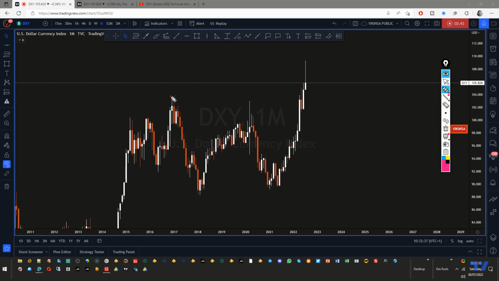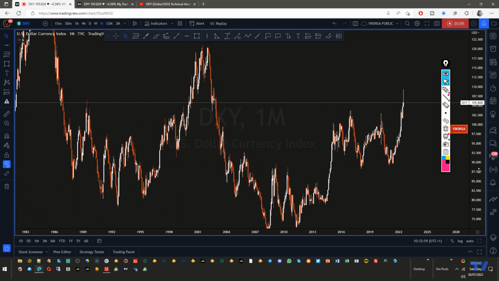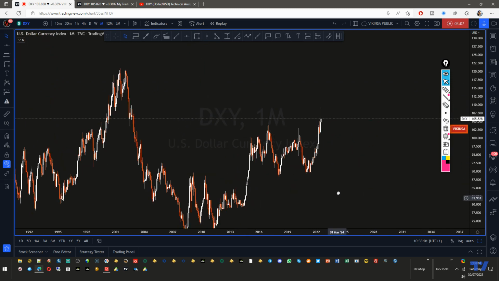Now, what you will notice here is that the market broke through that range around here, and in that process it actually created a little bearish candle here. This is the breakout candle. The market broke out of this ranging structure here, and it has been going up. I'm looking at the monthly time frame. So July has been bullish, and towards the end of the month it started to take a little bit of a bearish turn. Why? Because it is very close to completing that W pattern that we have been talking about.